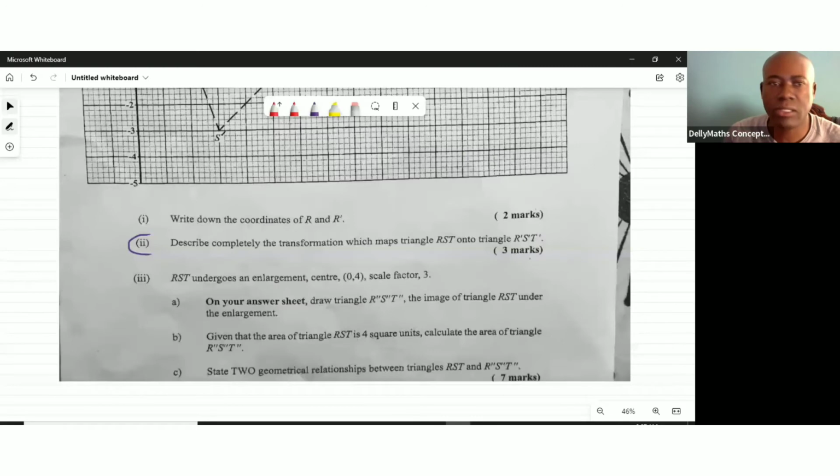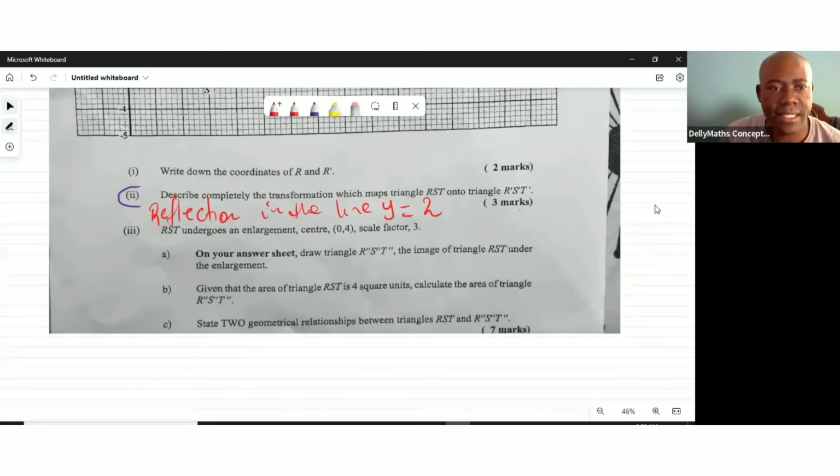So let's respond to that question quickly there. So this is a reflection. All right, so it's a reflection in the line Y equal 2. Now let's go to the next question. So it says